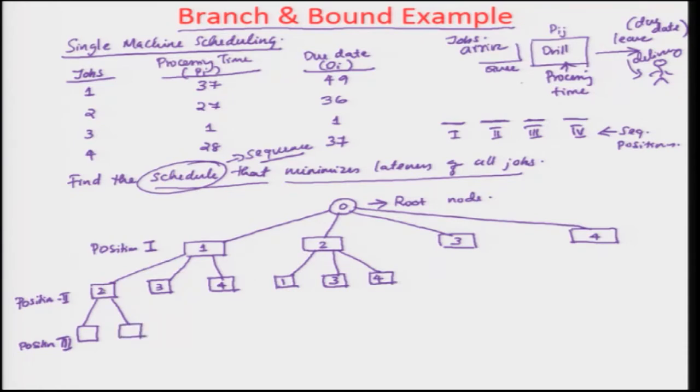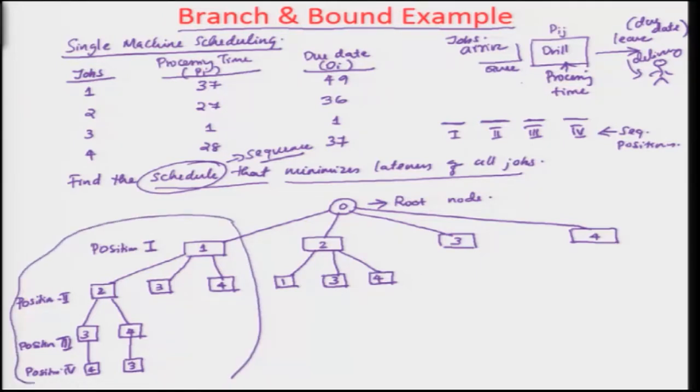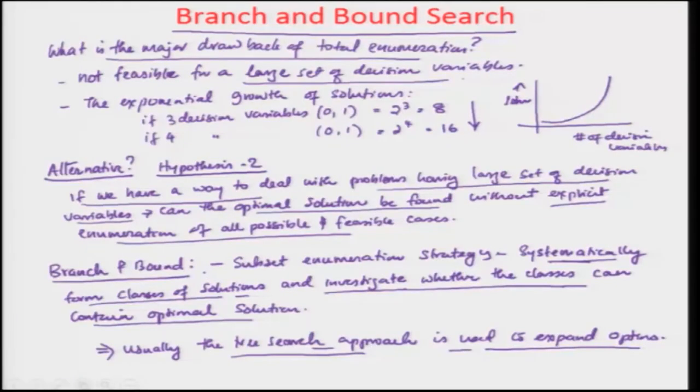Because you already used 1, you already used 2, then the possibilities are 3 and 4. So, the last case is position 4, this can have only 1, it can be 4, this can be 3. So, when you think about this, the sequence becomes 1, 2, 3, 4 and the other sequence is 1, 2, 4, 3. So, what you have done is created something I mentioned earlier, this particular term is systematically formed classes of solution.